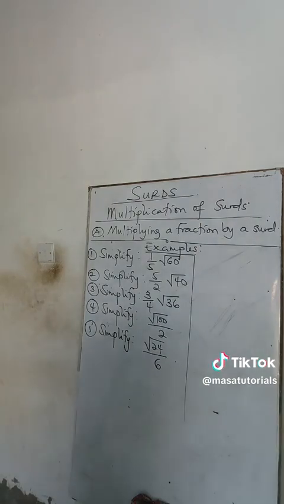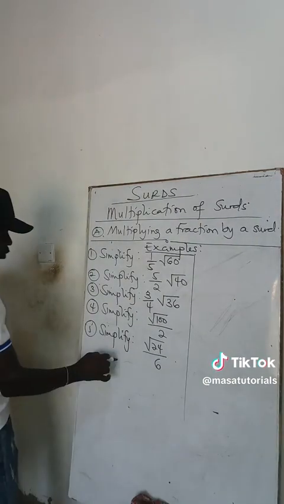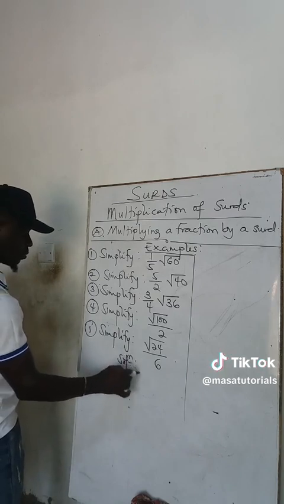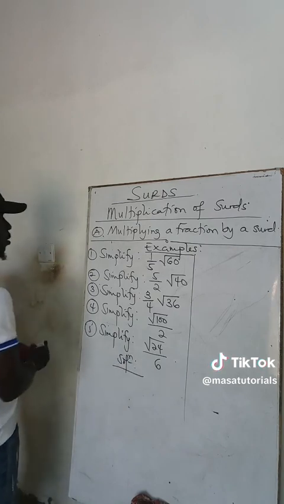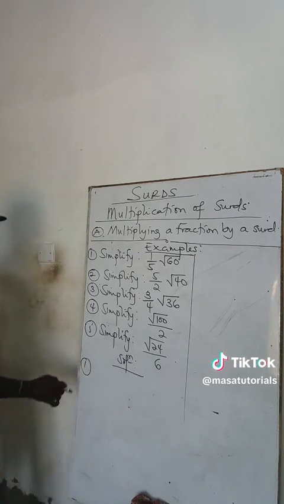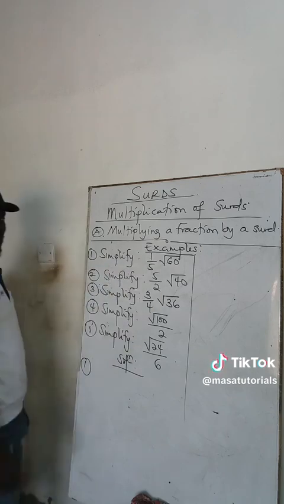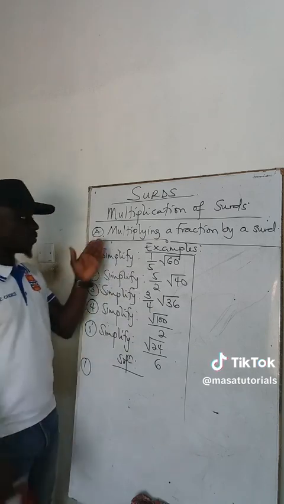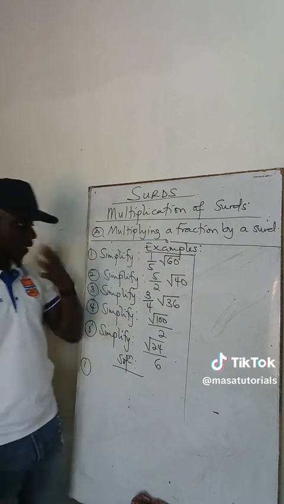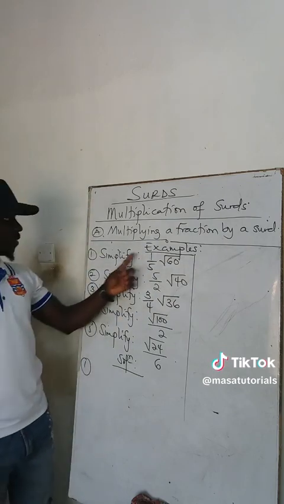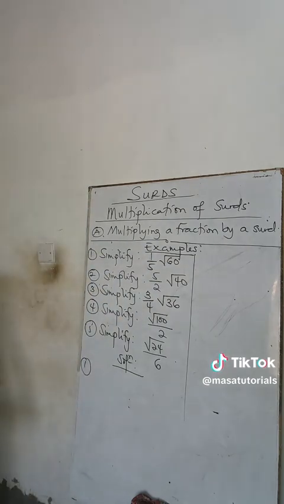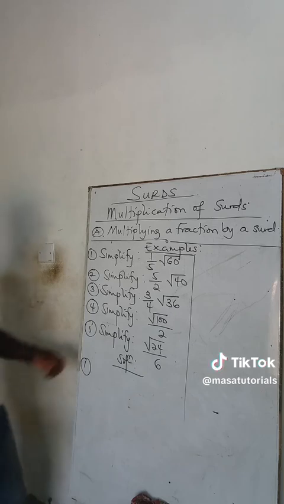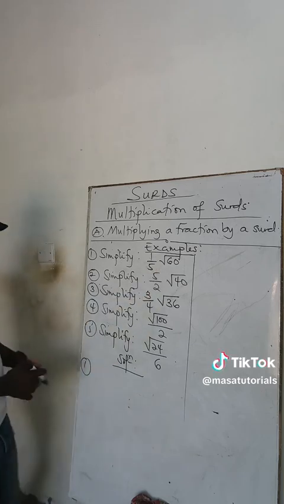Alright, so let's see this one. Solution. Now, the first one, simplify 1/5 of square root of 60. So we are starting with multiplying the fraction by a set. So that's what we have here. Simplify 1/5 of square root of 60. So now,